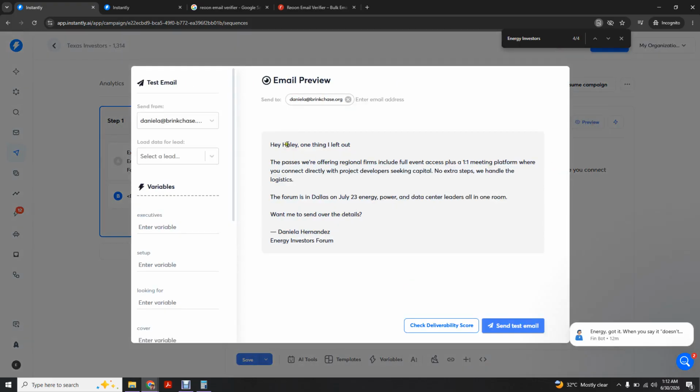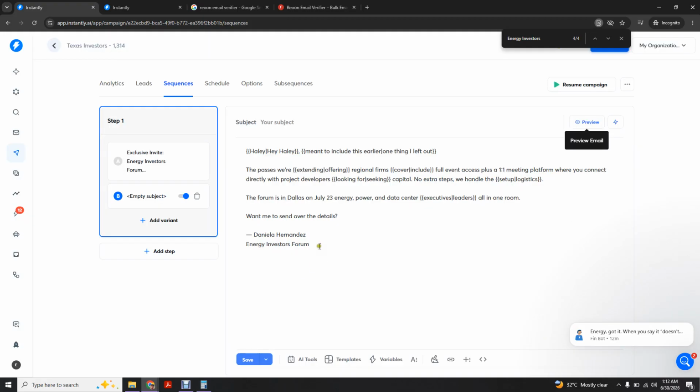So like this, one thing I left out, this is just to create curiosity. I would say if you can use Clay to personalize it on the LinkedIn level, that's also fine. Or the website level, you could have a line opener based on that. So I mean, you're trying to offer with curiosity, and then here you have your page, and want me to send over the details or something like that. And even here, let's not hard code it. I will just add the signature,